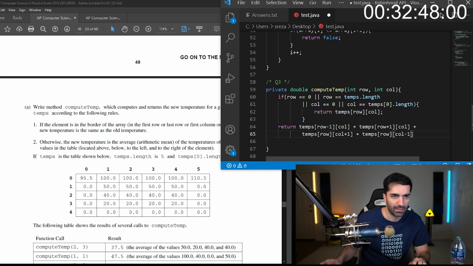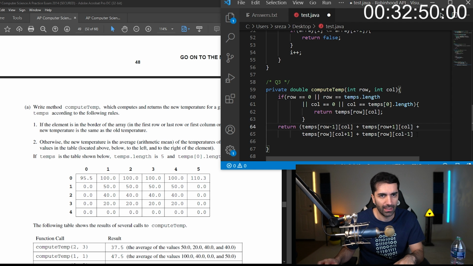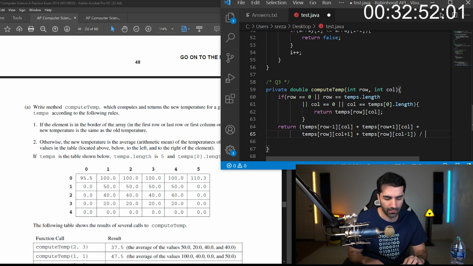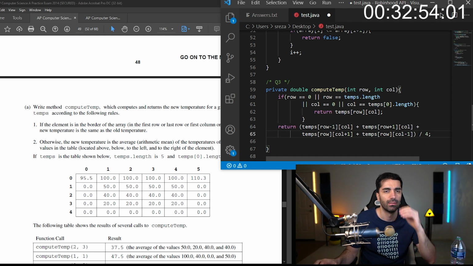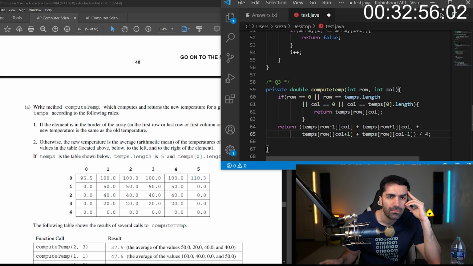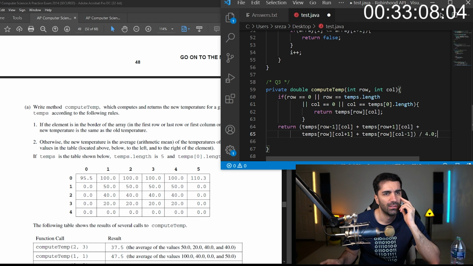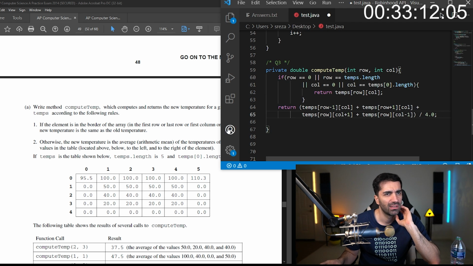And then we're going to wrap this entire thing and we're going to divide it by 4. I think that should work. I don't know if it's going to complain about this being an integer instead of a double. Like, we'll just put that there just to be safe. Yeah, I think we're done there.